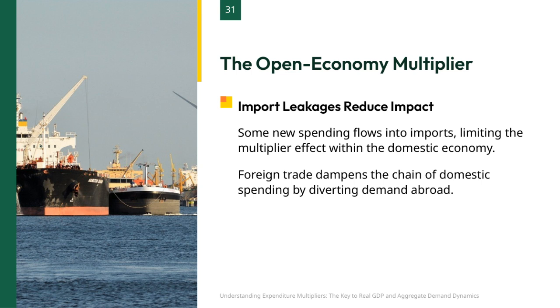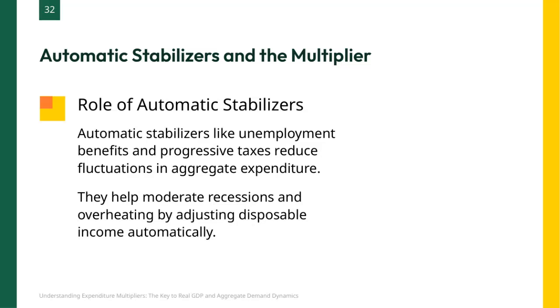demand shifts abroad. In other words, foreign trade tends to dampen the chain of domestic spending since money leaks out to pay for imported products. The busy port scene in the image illustrates this flow of goods across borders, emphasizing the global interconnectedness affecting our economy. Now let's focus on the role of automatic stabilizers in the economy and how they interact with the multiplier